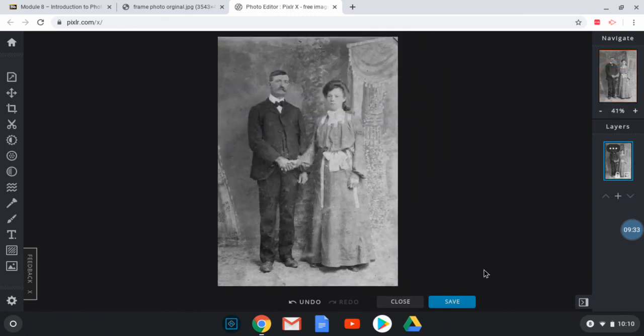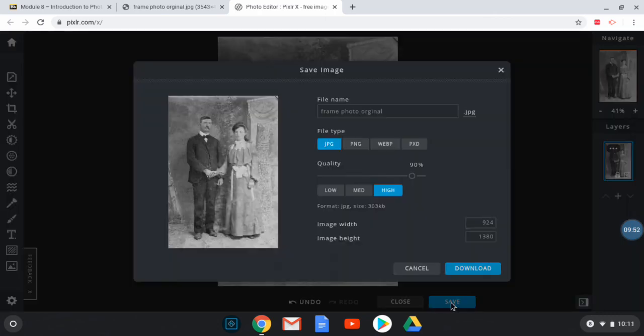So I'm going to select save. Then when this comes up, go ahead and leave it on JPEG and high quality, but on the image width, just go ahead and decrease that to 600 to make that a little bit smaller, and then it'll keep the height in proportion, and then select download. And then I can actually click on Show in Folder. And then this will open up. And so it's downloaded it into my